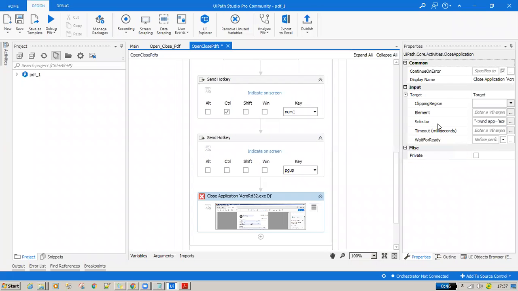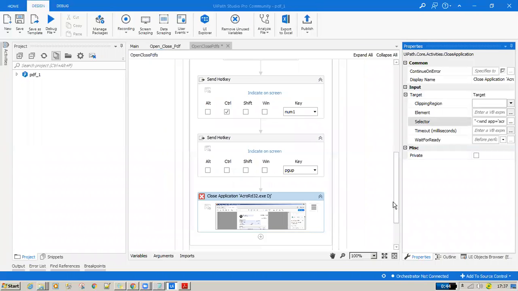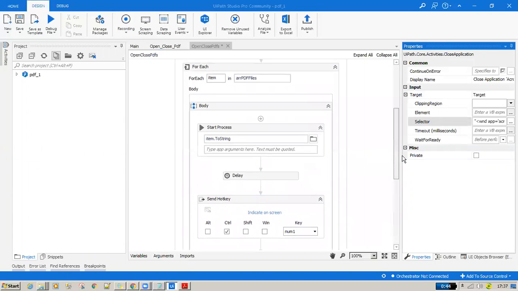When you look at the target selector properties, I am making the title or identifier generic, because this is in the loop and it has to work for all corresponding PDFs. So I am replacing it with a star. That means it can accommodate all of them. I validate it, yes, it's a valid selector, and close it. Okay, that's all.